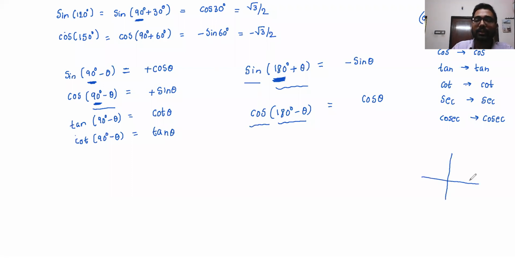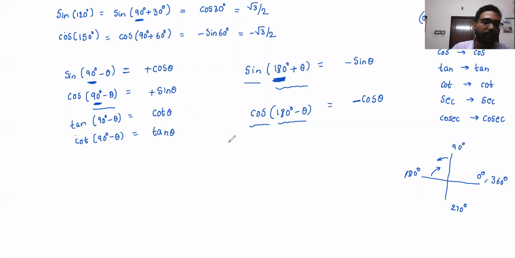So you see these are the quadrants, right? This is 90 degrees. This is 180 degrees. This is 270 degrees. This is 0 degrees, or the same as 360 degrees. 0 degrees and 360 degrees are the same, right? So now 180 minus theta means second quadrant. 90 plus theta or 180 minus theta, both refer to the second quadrant. So when you have 180 minus theta, it is a second quadrant angle. In the second quadrant, cos is negative, so we'll have to put one minus.